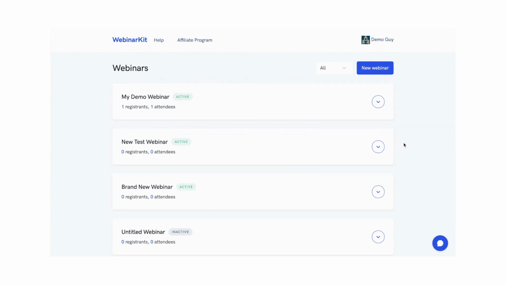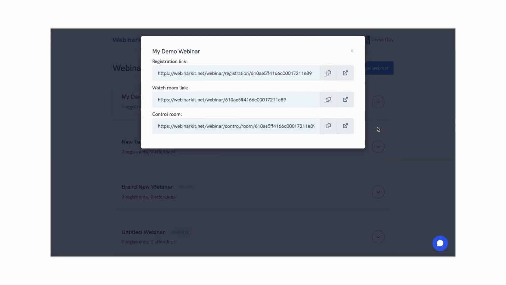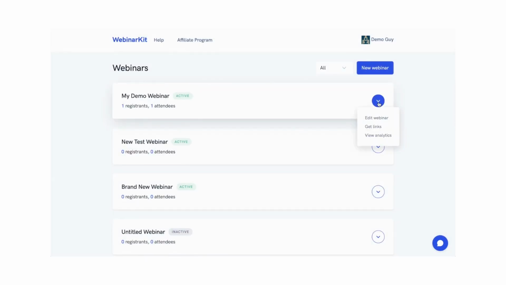On each one, you'll see an arrow. If you click the arrow, you'll see a few simple options. The second option here, Get Links, will immediately give you your links, and you can see how easy this is. All the relevant links that you'll need for your webinar are conveniently listed for you right here. If we go out of this and go back to the arrow, you'll see that the third link here will